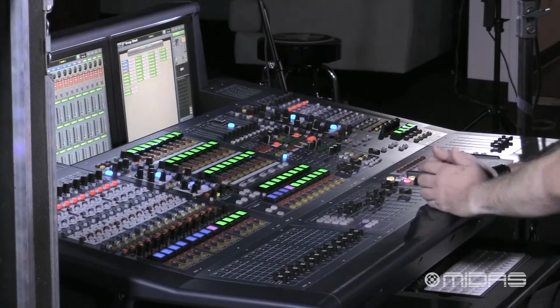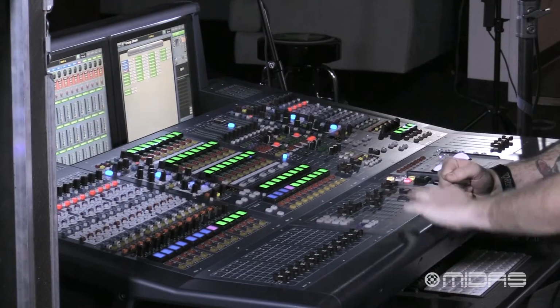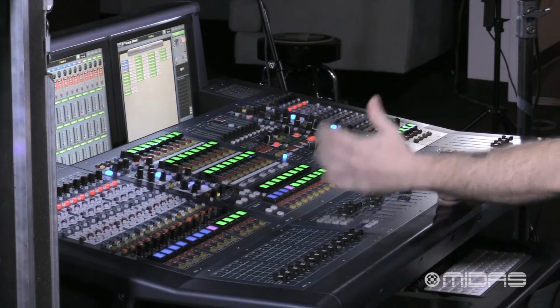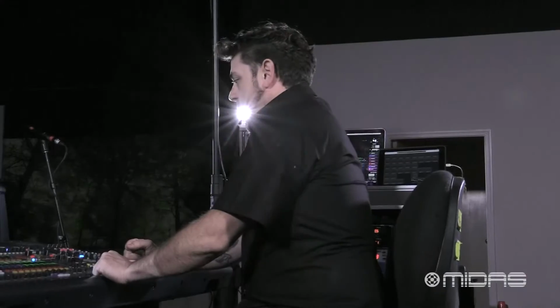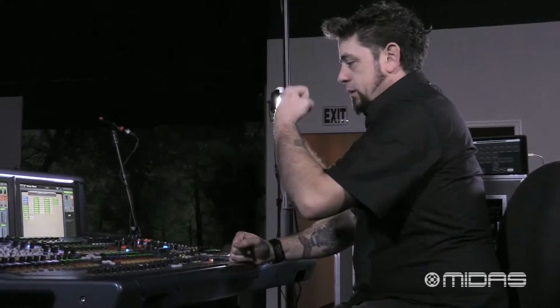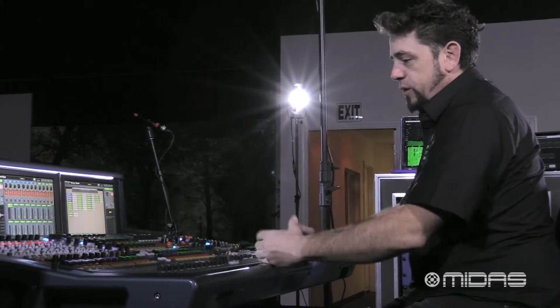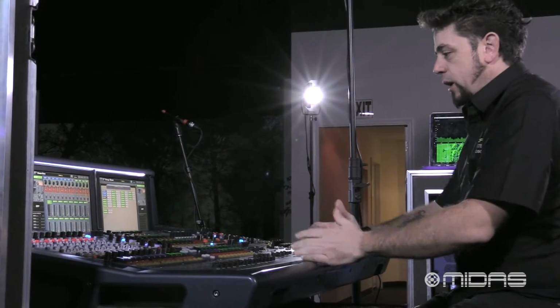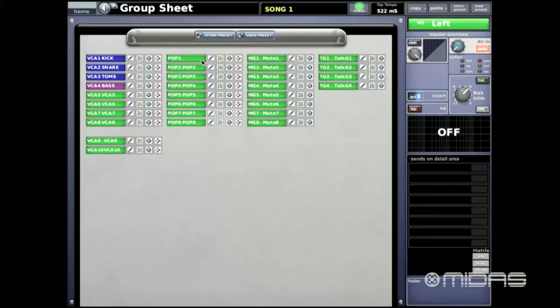So as I get into a song, on the first 12, these are the faders that I'm going to be messing with. Usually it's all of my instrument channels. The second pop group would be all the vocals, the backing vocals, and specific effects associated with those channels. The rest of the VCAs I have assigned for specific things: strings and additional vocals, or utility things like iPods and video playback, or anything you want. One thing I have for pop group number 8, and I'll show you this when we create the pop groups,